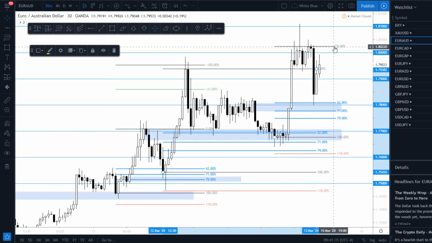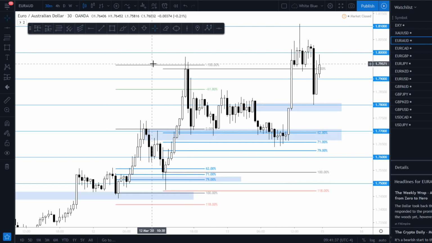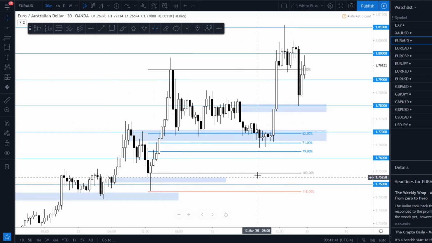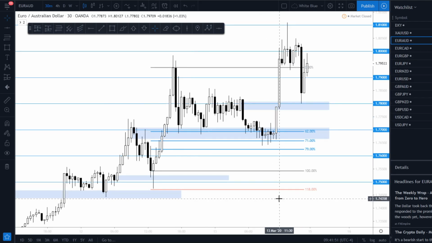Let me just get rid of all the other stuff because it's getting a bit messy. So again, stop loss down here, entry here, and you're still in the trade. You would have taken a third of your profits off here and moved your stop loss to break even. So again, 3 trades right there, all of them in profit, none of them hit your stop loss,